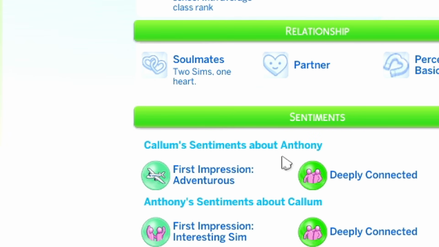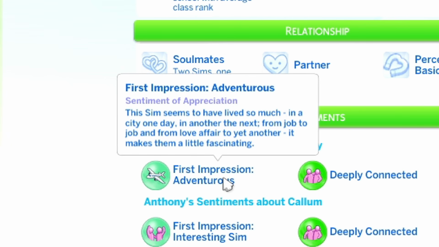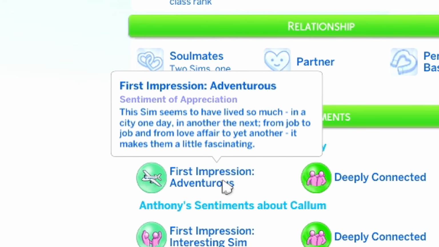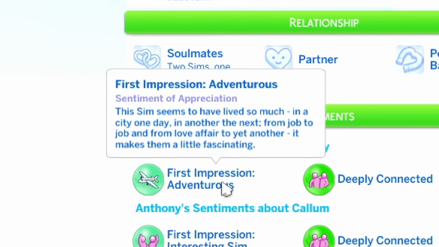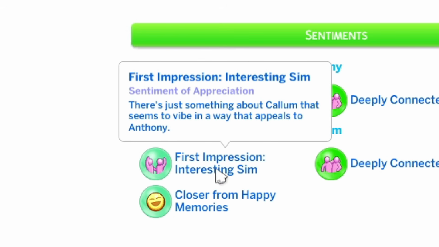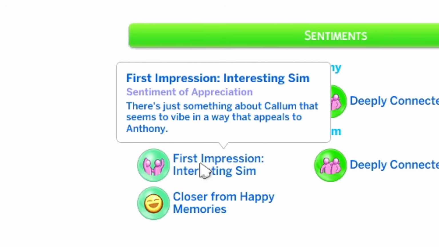So Callum's first impression of Anthony is that he's adventurous. So this sim seems to have lived so much in a city one day, in another the next, from job to job, and from love affair to yet another. It makes them a little fascinating. And Anthony thinks that Callum is interesting, so there's just something about Callum that seems to vibe in a way